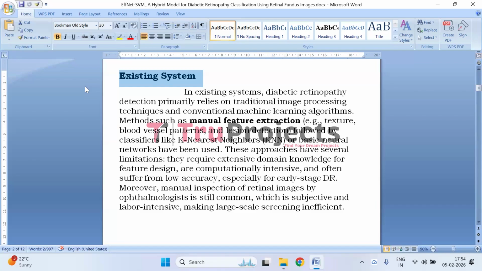retinopathy. Beyond algorithmic limitations, many screenings still rely on manual examinations by ophthalmologists, which is subjective, labor intensive, and inefficient for analyzing large volumes of retinal images. As a result, these existing methods are less reliable and less practical for early and large scale diabetic retinopathy